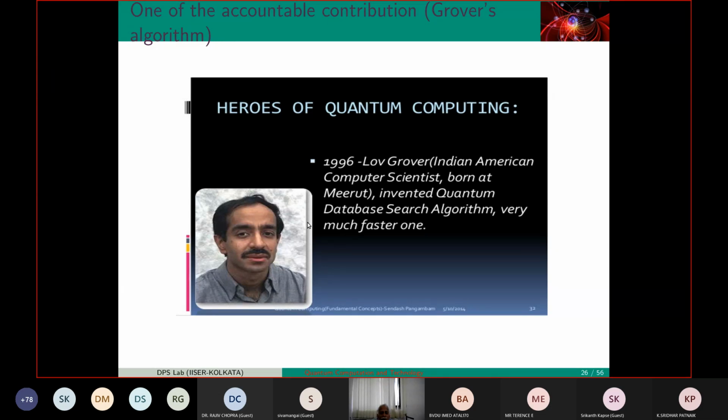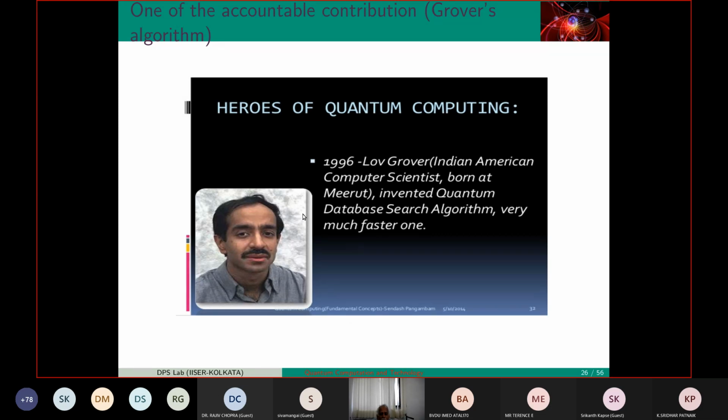He showed that, give me a quantum computer, any big number I can factorize. What does it mean? You can actually break codes. So any secret message exchange, you can actually read it out. So that is where people woke up and started pumping money, late 90s, into quantum computation.